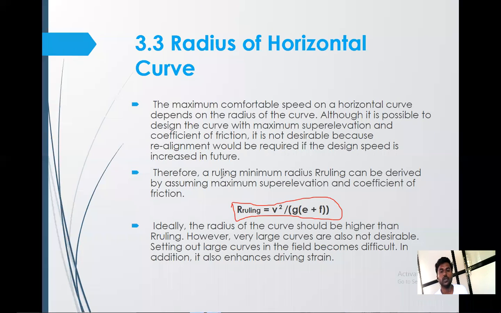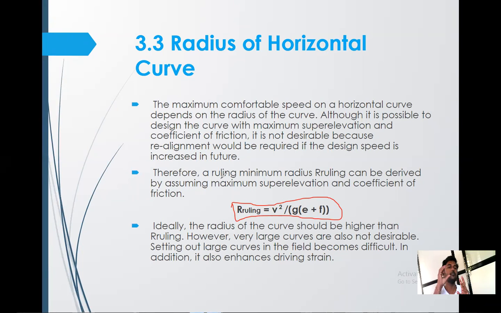So remember, instead of remembering the formulas, remember the procedure. The only formula is E plus F is equal to V square upon GR. By that formula, by taking F as 0, we get E is equal to V square upon GR. By placing E as 0, F is equal to V square upon GR, and by that we have calculated V as V is equal to under root of F into GR.